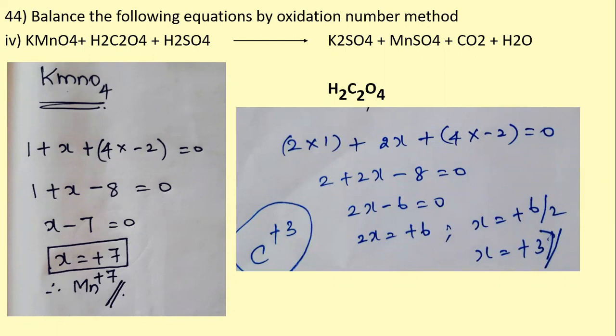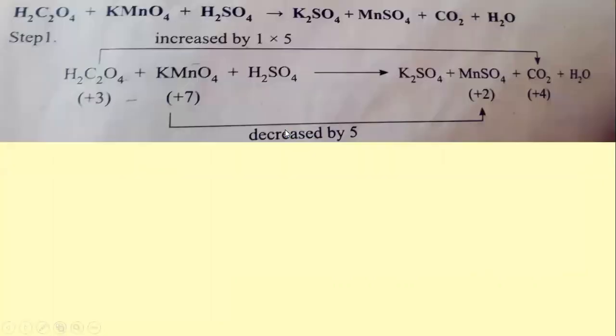See here you see hydrogen will have +1 oxidation state, and I am going to find the oxidation state of this carbon. So that only I am keeping as X. So 2 carbon, so simply 2X. So oxygen we all know it has -2 oxidation state. So when we simplify we get X will be equal to +3. So once if you go by step only, it will be easier for you and you can get the answer without any confusion. So now in the first step, the same as we did before, we have to write the relevant oxidation state to each of the compounds, and